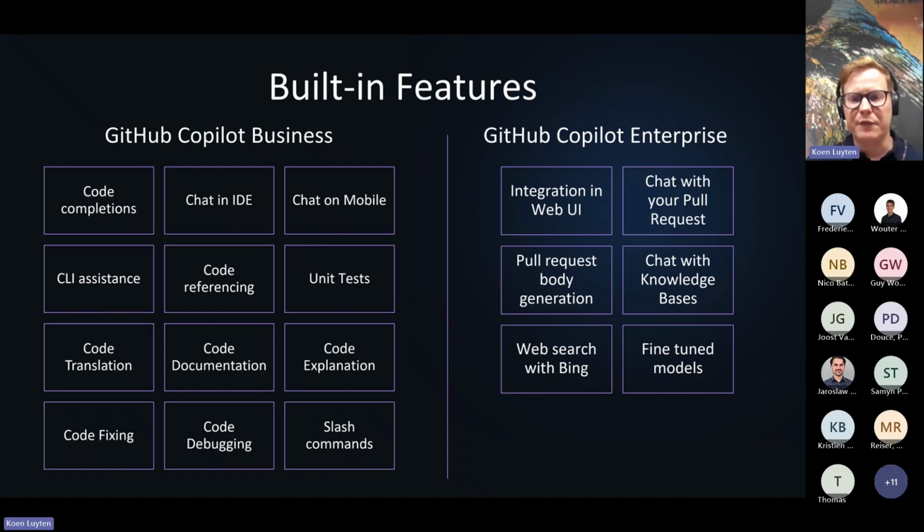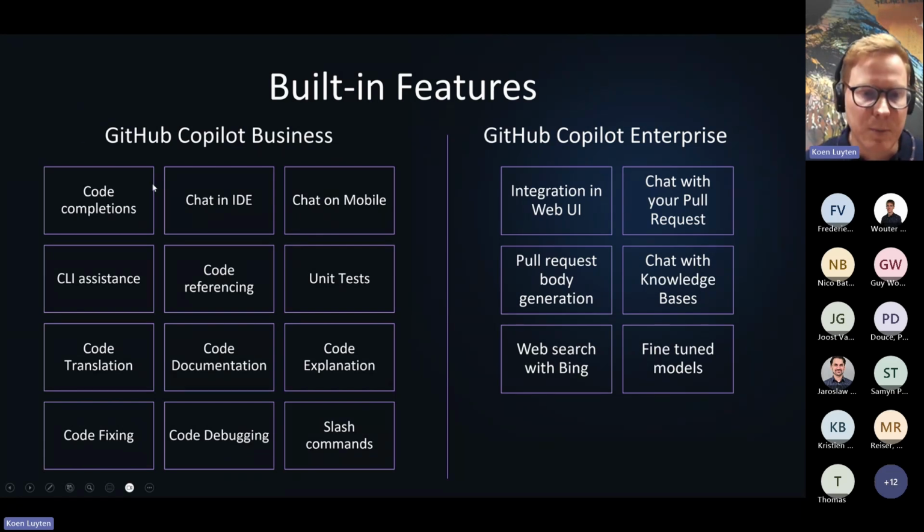From a feature overview, let's just quickly compare the business and enterprise license. So the code completion thing that everybody probably knows about now, but there are other features there as well, and I will try to demo as much of them as possible. And then on the enterprise side, paying double the amount of the business license, what you get there is